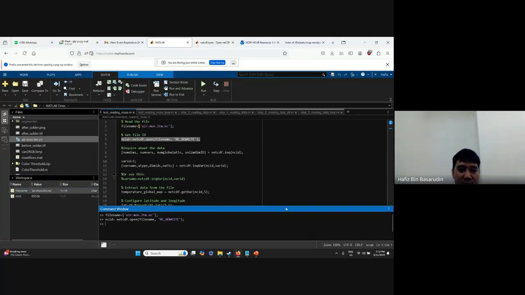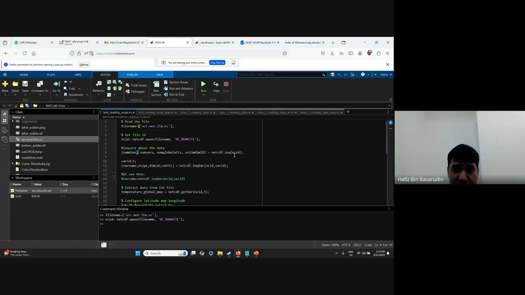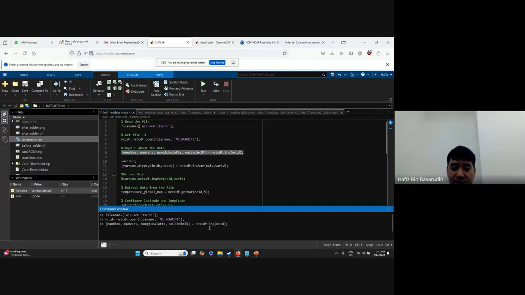But how am I going to open it? I mean, how many variables does it contain within the data here? Is there any way to determine? Now, you can use this one. There are also a lot of examples in MATLAB help or even Google on how to use this command here, or basically if you just want to inquire about the data. So this is one example here. Take this, put it here. Okay, so here they will tell you how many dimensions it has, how many variables, how many global attributes,